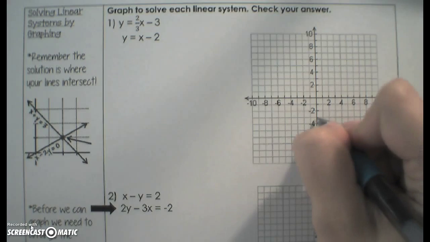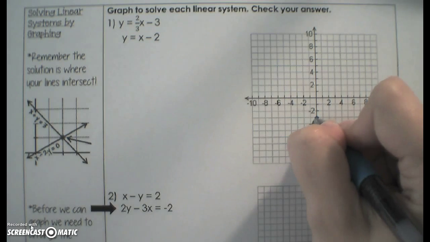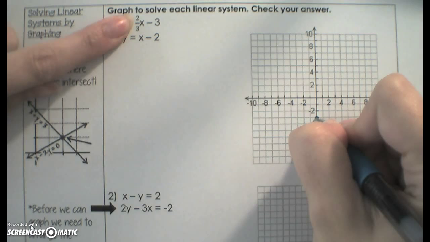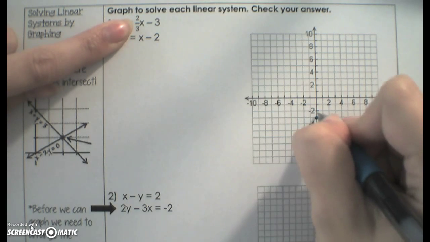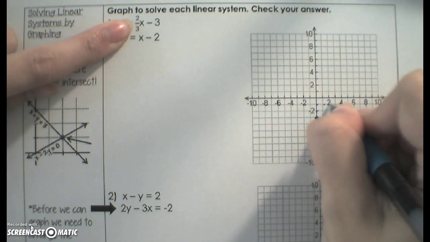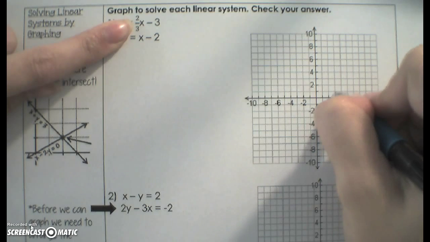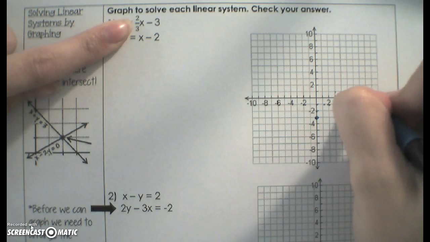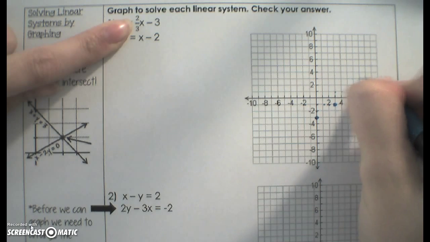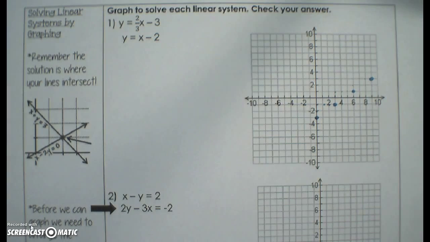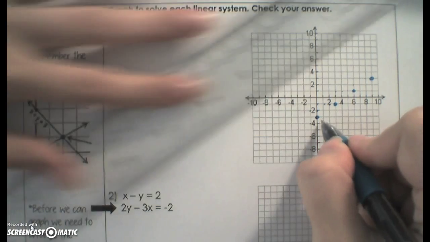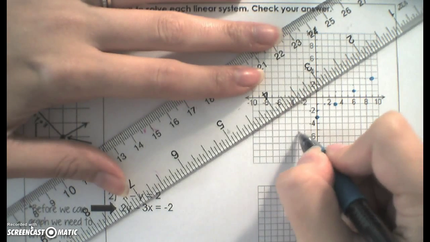Let's start at -3, always on the y-axis, with a slope of 2/3. So rise 2, run 3. Up 2, right 3. And let's continue. Up 1, 2, right 1, 2, 3. Up 1, 2, right 1, 2, 3. It really helps to have a lot more than just 2 points. That way you get a consistent line